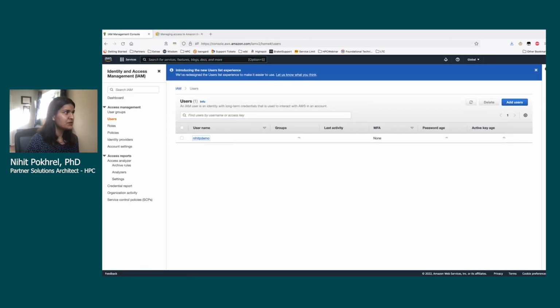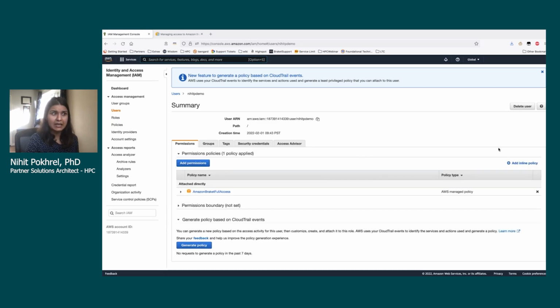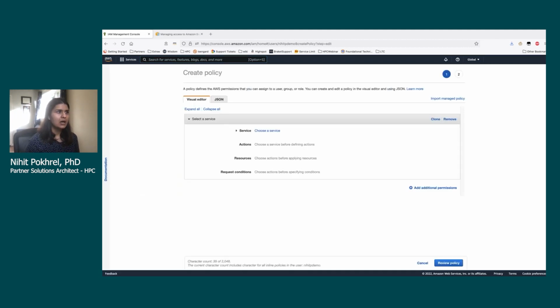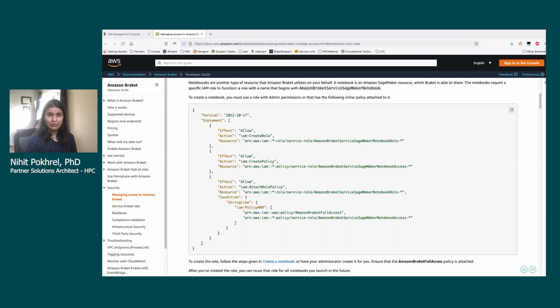Here, for this user, we need to add an inline policy as well. This inline policy gives additional permissions to this user to launch their notebook in Amazon Braket. Then click on Add Inline Policy, go to the JSON tab, and this additional permission you can find in the Amazon Braket Developer Guide.